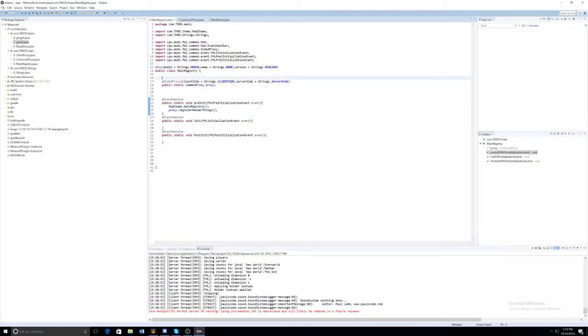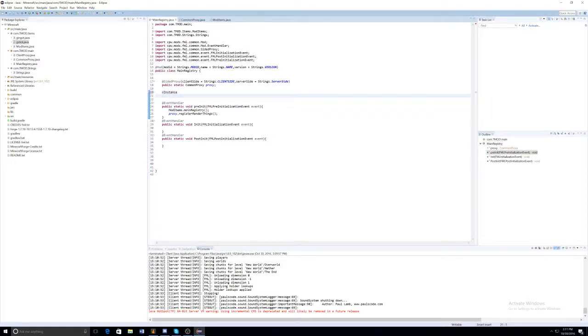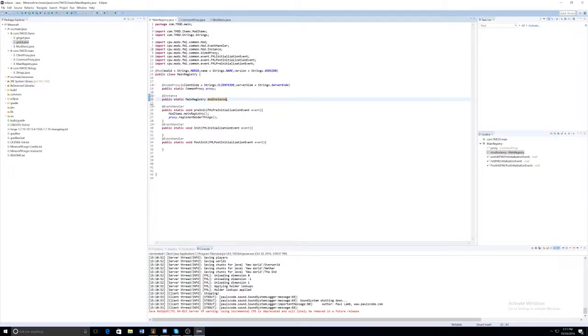Now this is for future reference. Right under sided proxy, we're going to do at instance. And then public static main registry is the mod instance. No, not instance W, just instance. Then import instance. So this is going to be for future reference if we ever make a dimension,